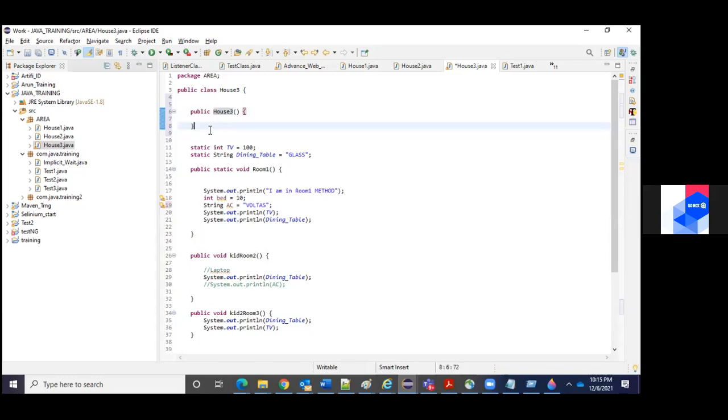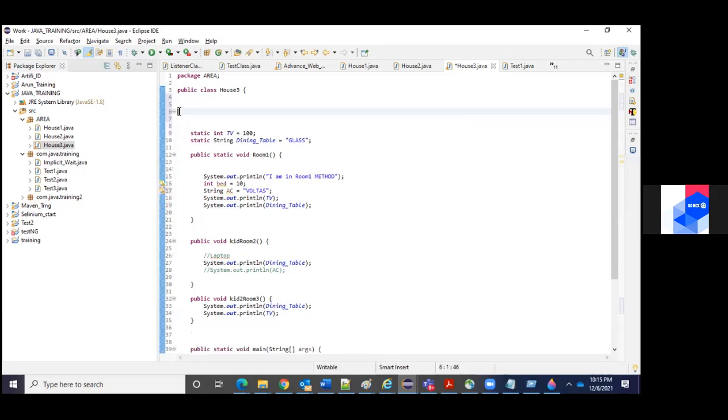So if I remove this one, do you think the door is available or not? By default, for a house, the door would be there.